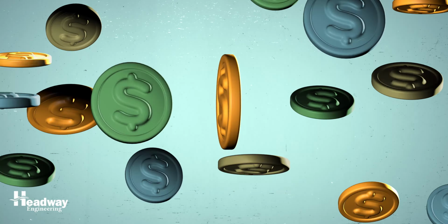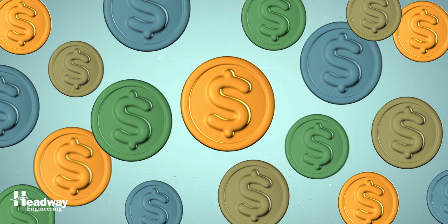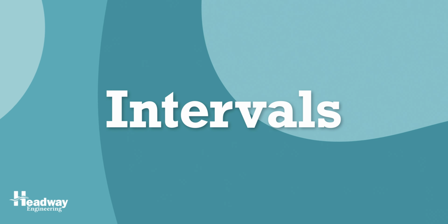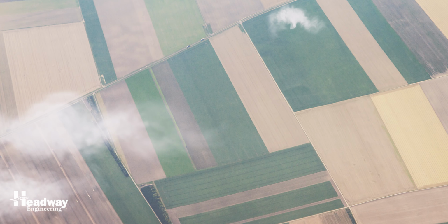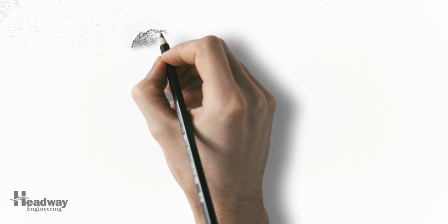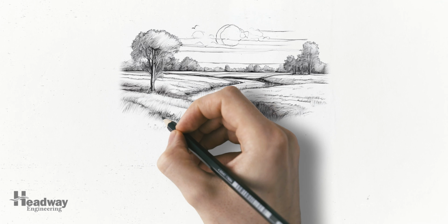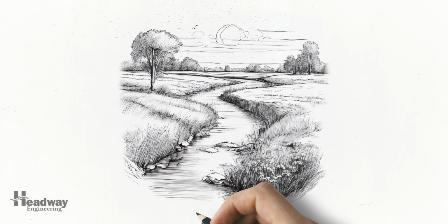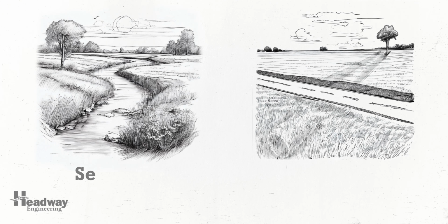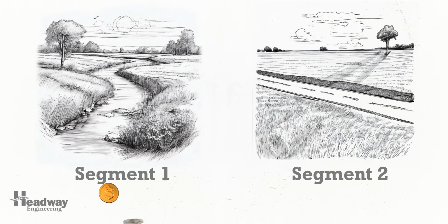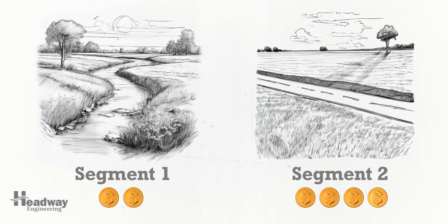After we lay the groundwork by determining the total cost of our drainage project, we break down the project into smaller sections called intervals. These intervals represent a distinct segment of the project. They could be separated by geographical boundaries, topography, or even differences in land usage. The size of these segments and the cost of the project within that segment will vary. This could be because of the natural changes of land or the difference in length of drain in that segment, the complexity of the construction, and many other factors.